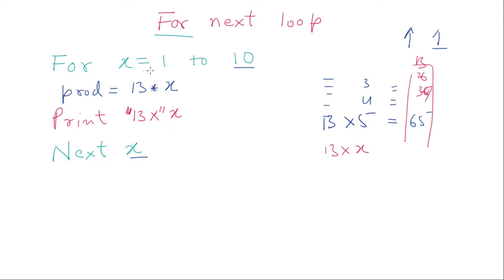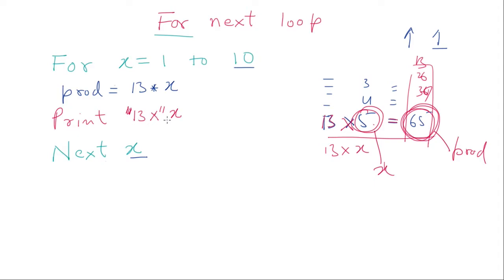Now I was just saying that I'm storing the value of 13 into x, where x is equal to 1, 2, 3, 4 in this. When x is 1, it is 13 into 1. It is getting stored in the prod and then it is getting rubbed off in the next loop. I have to print it this way. This is the prod, the product, and this is your x. The value of x is that and product is that. The 13 cross remains the same in all the lines. So that is inside the code.